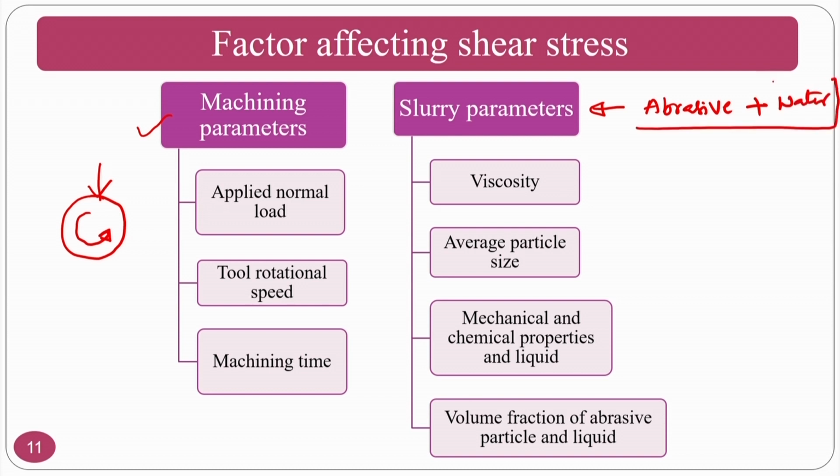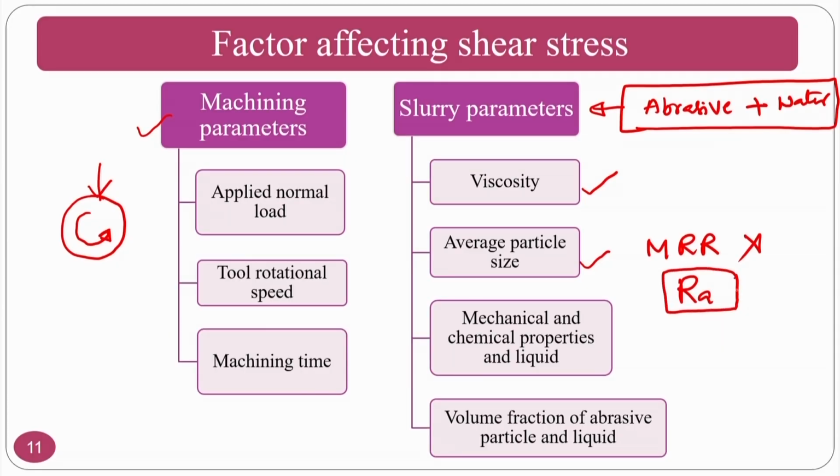This is nothing but your abrasive slurry. The viscosity of the abrasive slurry, this is nothing but a suspension. The viscosity, whether you want it high or low, is always a function of the flowing characteristics that you require. If you need a very low flow rate, then you can go for highly viscous fluids. If you want a very high flow rate, then you can go for low viscous fluids and other things.